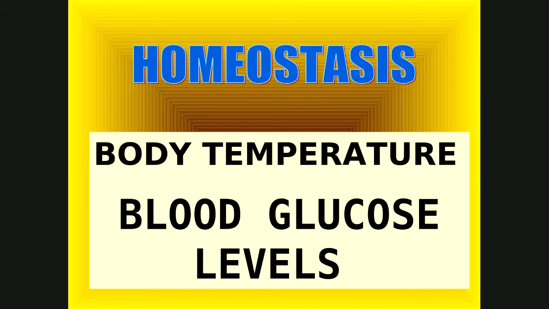You know that a temperature of 104, 105 could be deadly. A temperature of 96, 95, 94 could also be. You have to keep your temperature within certain limits. And the processes that your body uses to do that, which we won't get into today, are called homeostatic processes. Homeostatic means keeping things within limits, making sure the temperature doesn't get too high, temperature doesn't